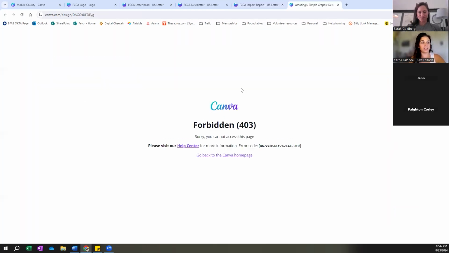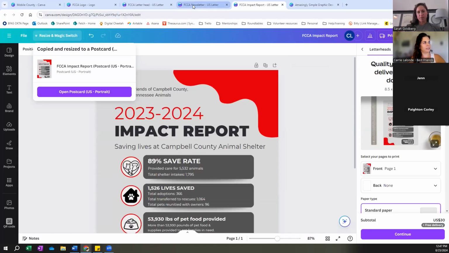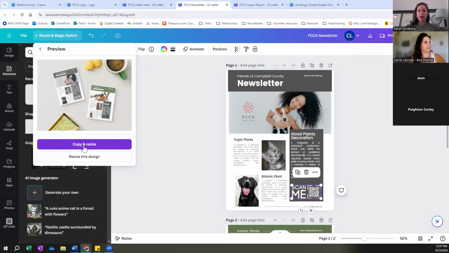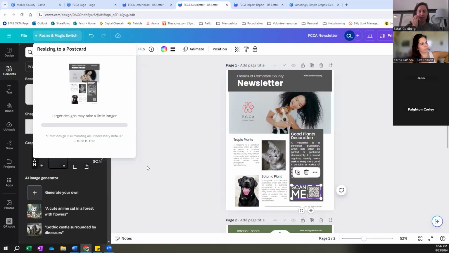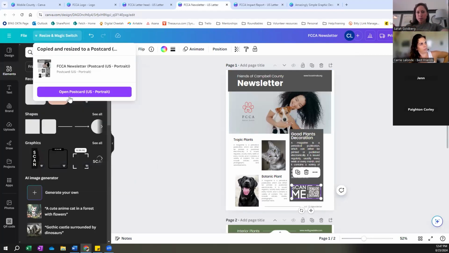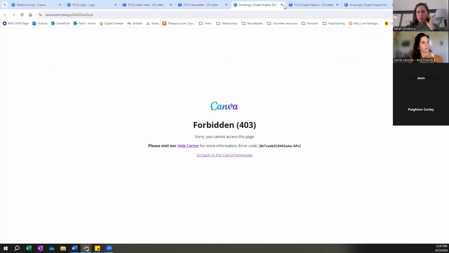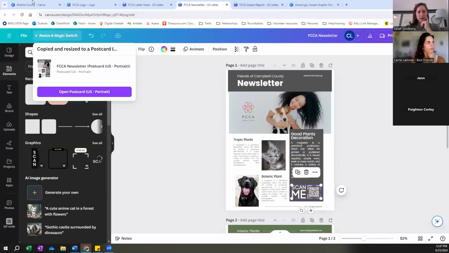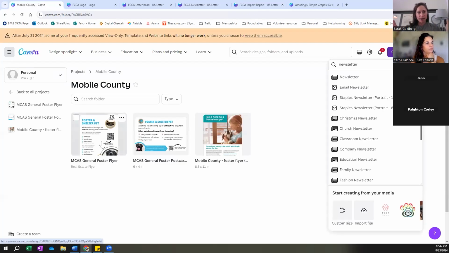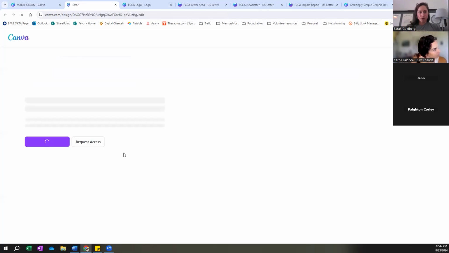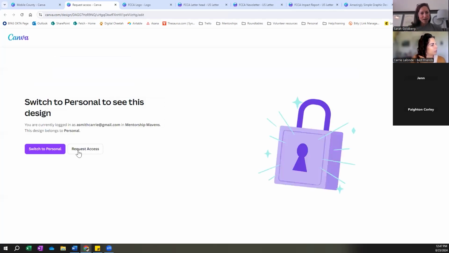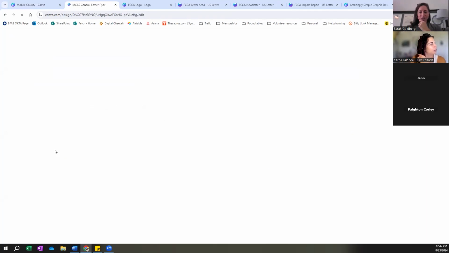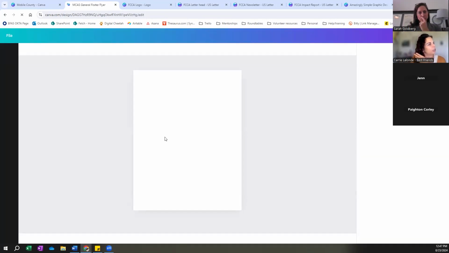I don't know. Well, we get the concept. Think about it this way. Let's say you wanted to post an adoption, get involved in an adoption thing, but also wanted to send something out to a select group of people by postcard, something like that. I don't know why it's being weird, but this is a good example of how I created a flyer